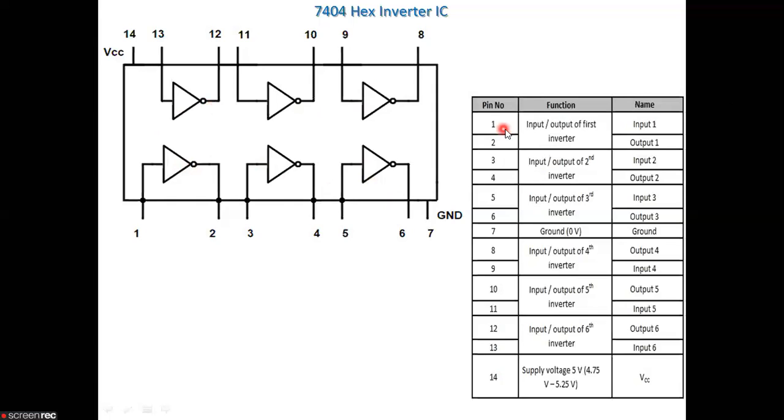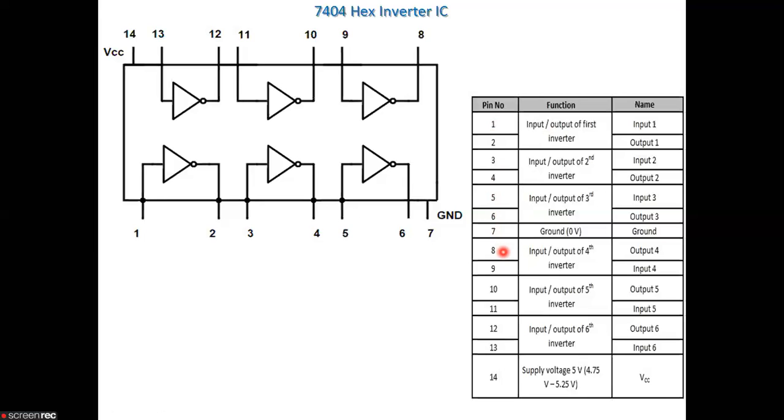This is pin number 1. Pin number 1 is the input of the first inverter, and 2 is the output. Next, 3 is the input and 4 is the output of the second inverter. 5 is the input of the third inverter and 6 is the output of the third inverter. 7 is the ground. 8 is the